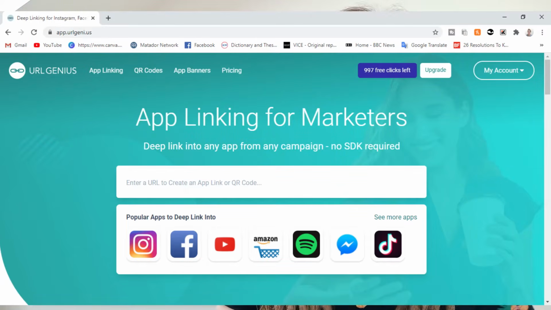After quite some research, I have found this website URL Genius or urlgenie.us, which creates deep links for you completely for free for the first 1,000 clicks. After that, it's about 1 cent a click, so it's up to you to decide if that's worth it. This works for many different apps. For example, sometimes sharing your YouTube video to Facebook on the app, it will open in the browser rather than in the YouTube app. However, some users have already changed their Facebook app settings to open all URLs externally, but not many people know about that.